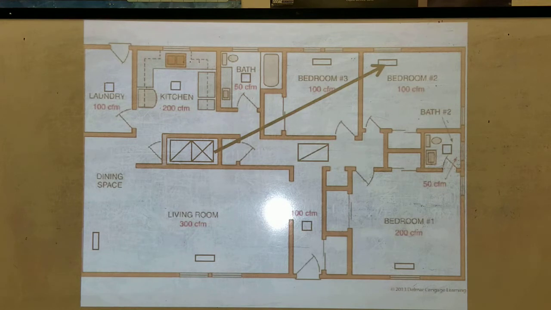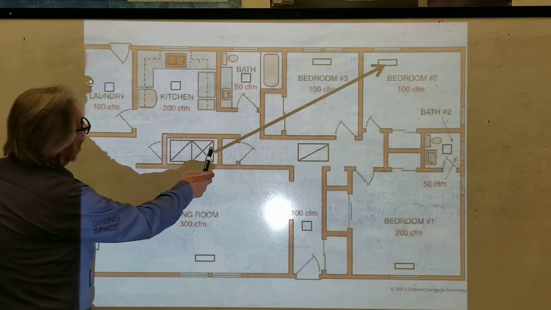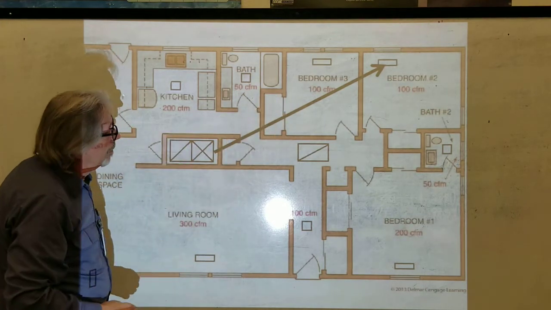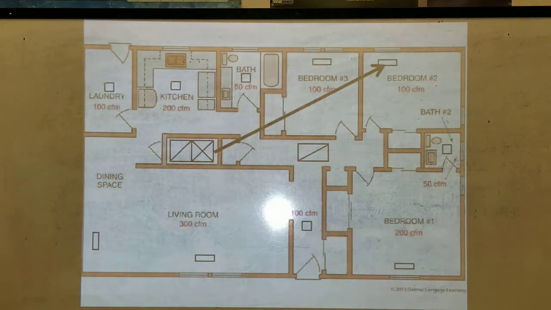So first thing we're gonna do, this is how I do it. When you're done, it's gonna look similar, but I always start off with the furthest register I'm gonna take on that run. So I just take the furthest one and I go straight line. And then from that, I'll go ahead and Y off